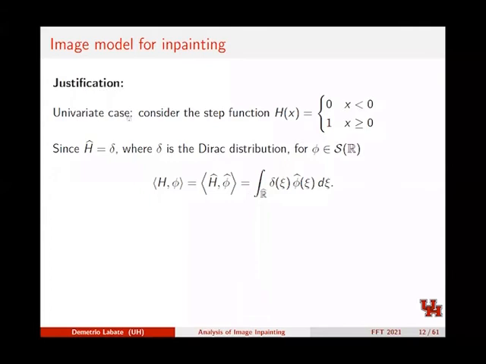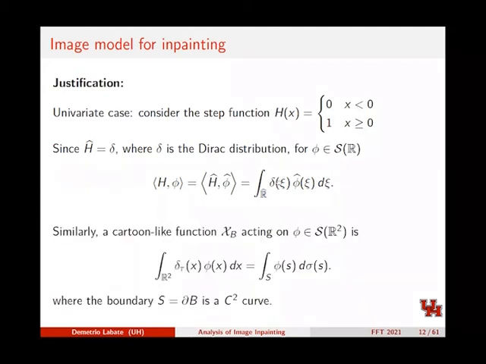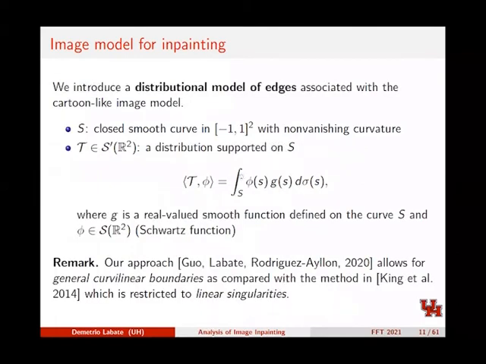justification. So you know that in the univariate case, right, if you want to model a step edge, you can use a Heaviside function. And now if you look in the Fourier domain at the distribution of the Fourier transform, this becomes an integral against a Dirac distribution. And now if you look at dimension 2, and if you look at a cartoon-like function, then this type of univariate model, in fact, becomes the integral against a test function phi, where the integral is taken along a curve. And so you see that if you compare my integral below with the one that I introduced here, this is actually a more general version. And so this is, in fact, the distributional model of the edge that I will choose